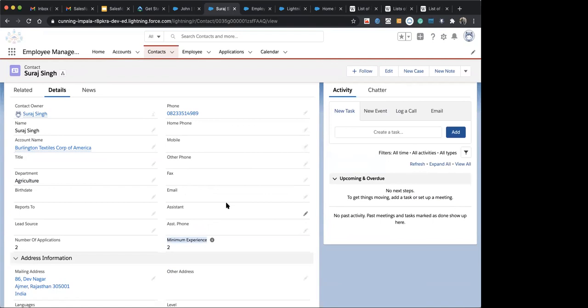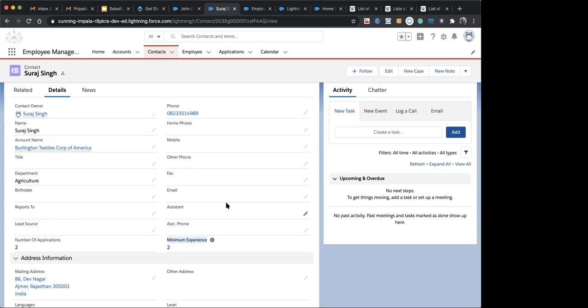Suppose the sales team works on that page layout, so I need to remove some of the fields, because there are some fields that I don't want the user to see. At that time, we just change the record type and assign that page layout to it. Whenever the record type is changed, the new record type will have only the fields that are available to them.